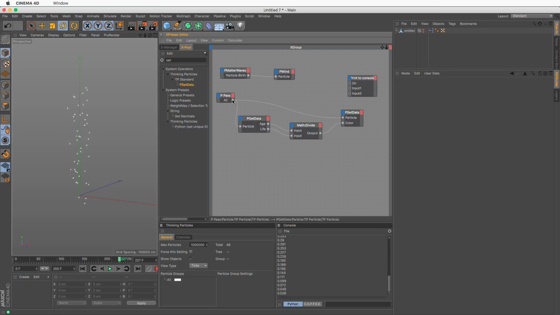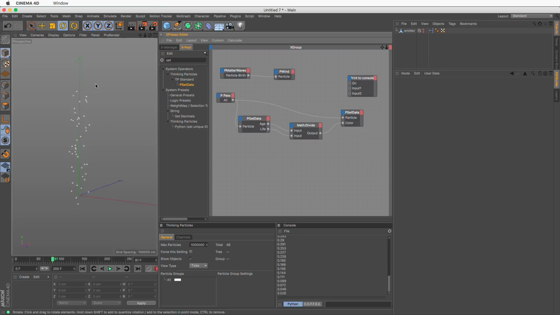So what this does, it says for the first particle, do the division and get the result, put it there. For the second particle, and it will loop, it will iterate, as we say, throughout all the particles. Excellent. Now if I rewind and press play, you will see that all the particles are white. And this is one of the very, very simple gotchas when we're using Thinking Particles.